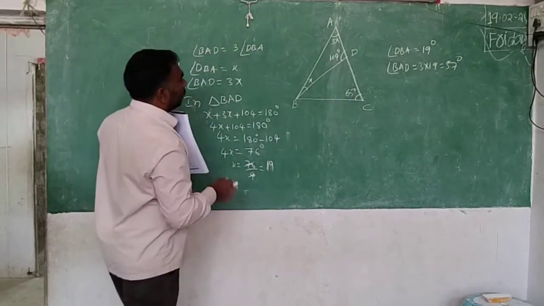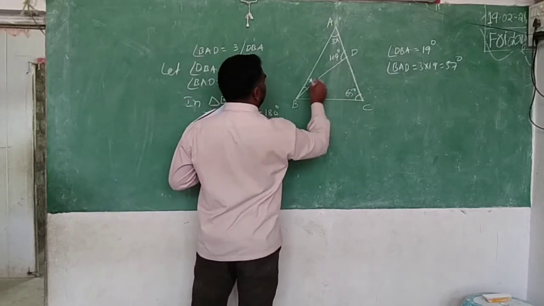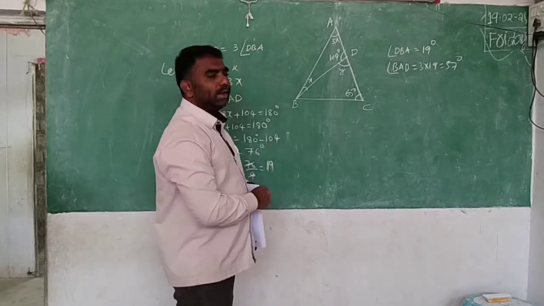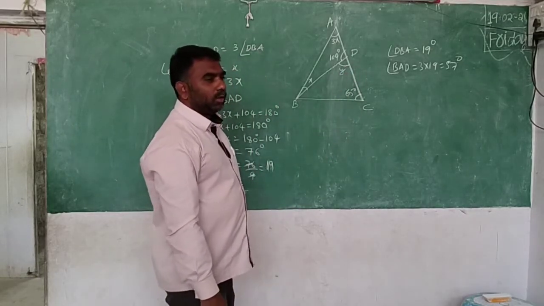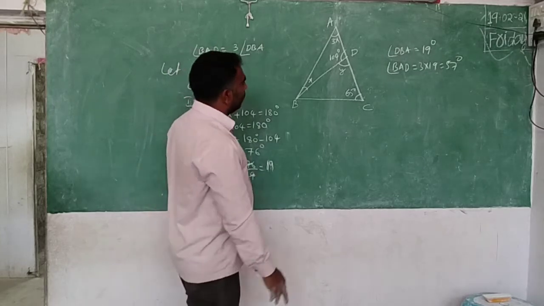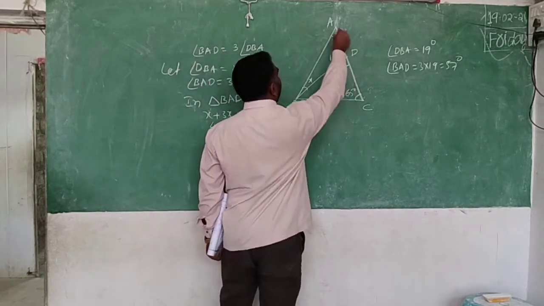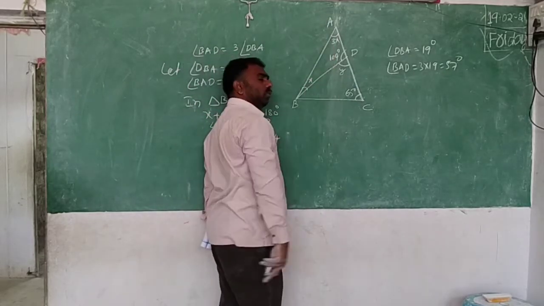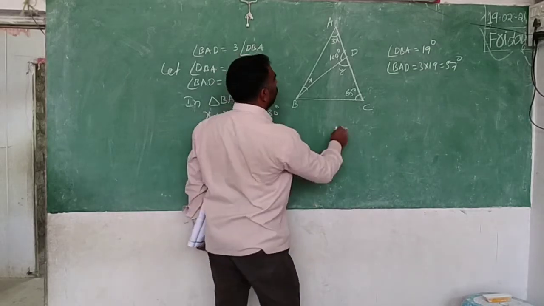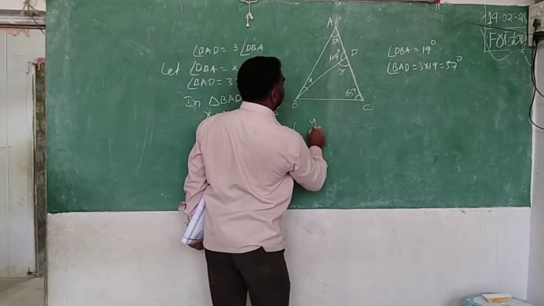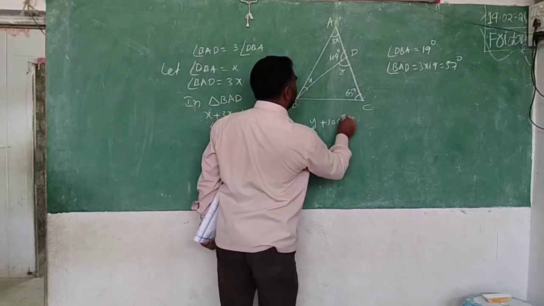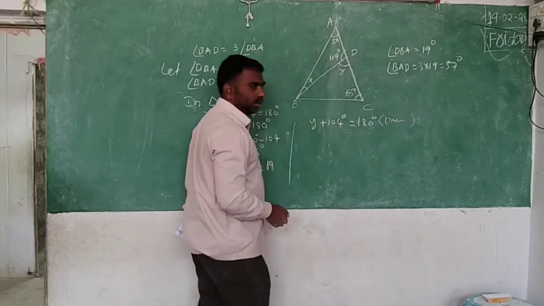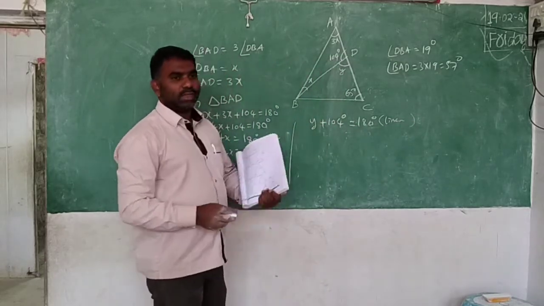CDB, how to find? This one you have to find. Linear pair also, and you see that this is the exterior angle for this, no? We can add both. Anyhow, that is your wish. We will say like this: y plus 104 is equal to 180. Reason: linear pair. Like that you write it. By using that you can find the value of y.